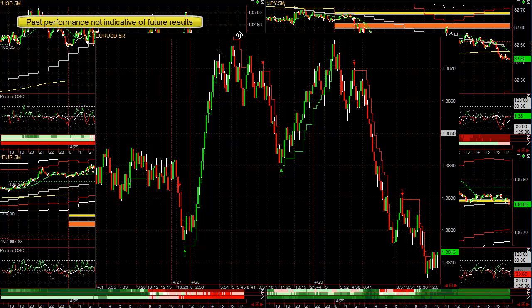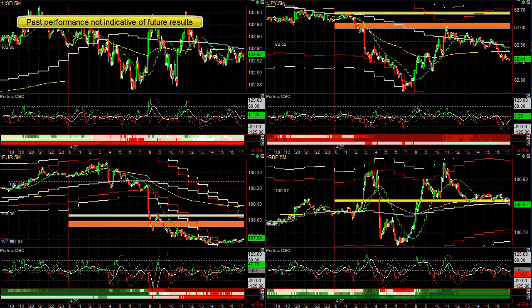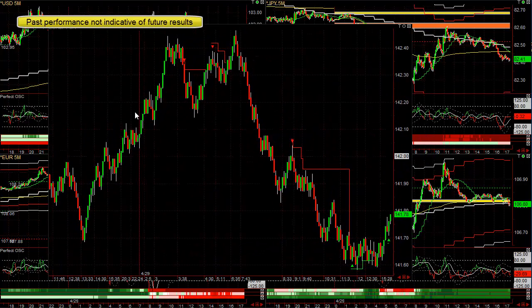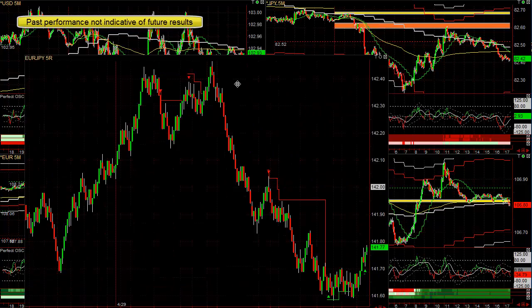in the euro dollar. Now before, I had a very hard time getting signals to be very accurate in the pound dollar, euro yen, because there's a lot more noise. So that being said, and this is only a month and a half into development, you can see pretty much a break even here,